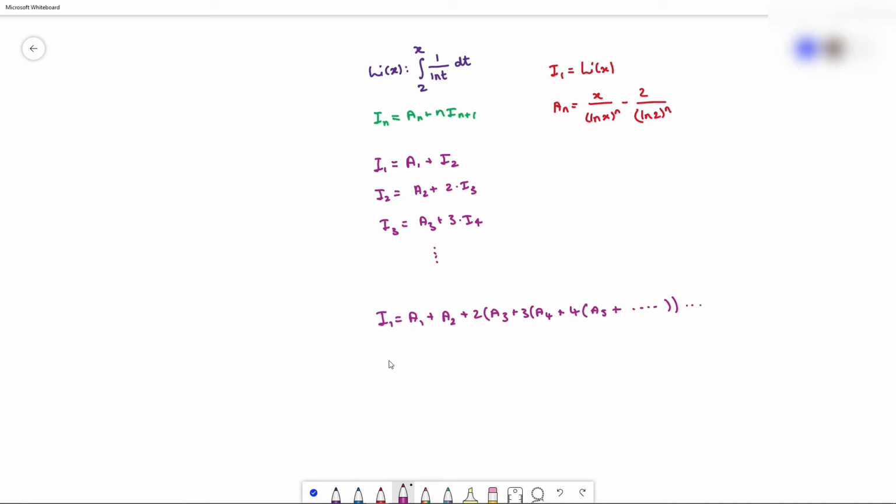Okay, so simplifying it further, we get a1 plus a2 plus 2 times a3 plus,